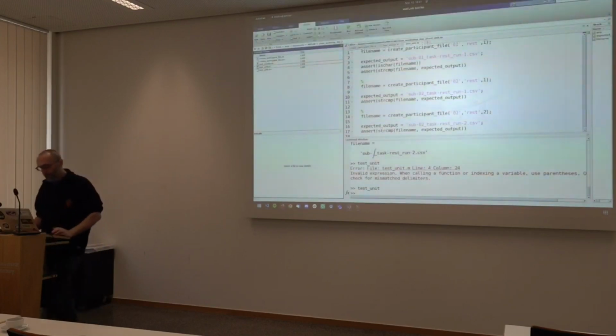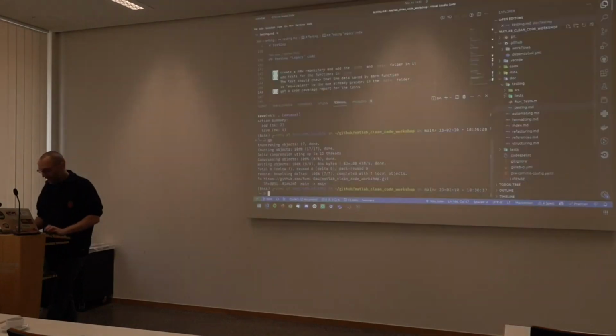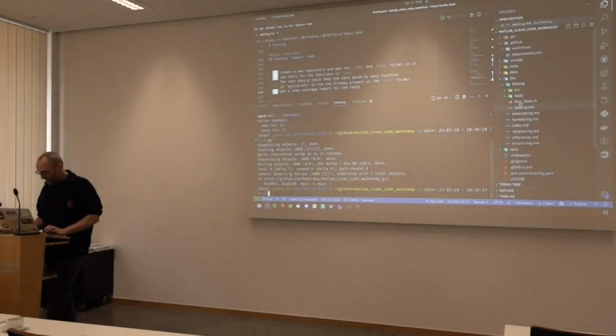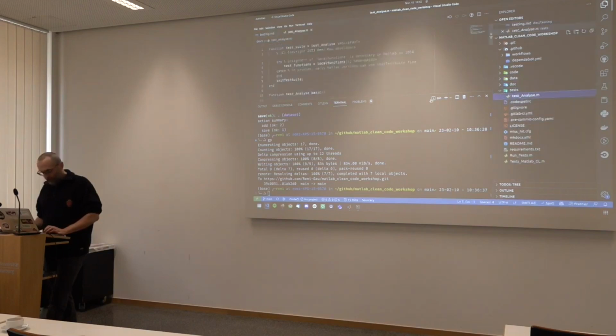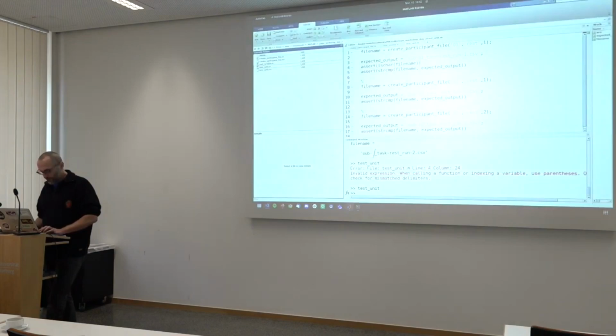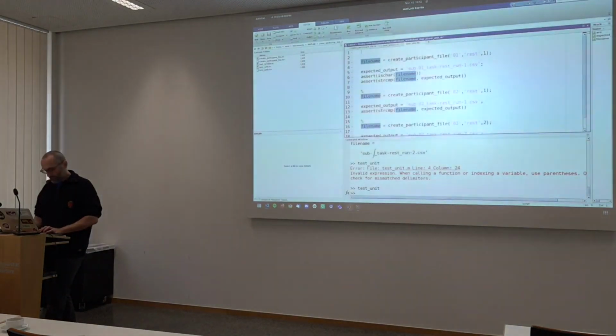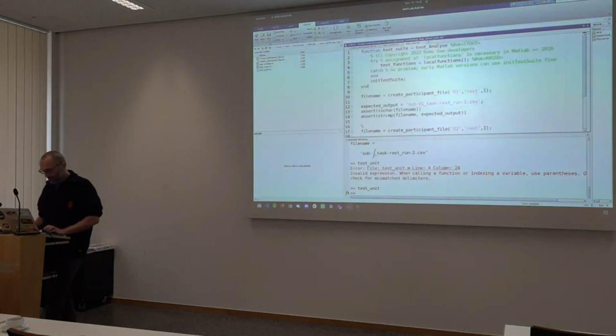So the way those functions are structured, because I have no memory and I never remember that by heart, usually what I do is grab the top function from somewhere else.